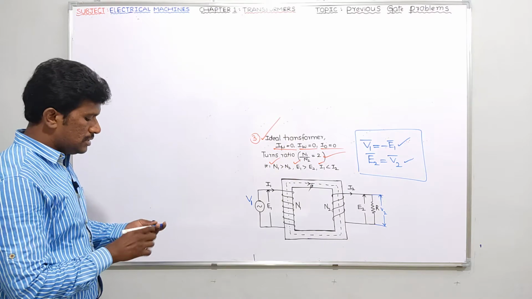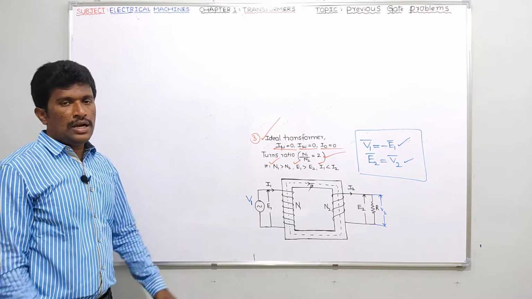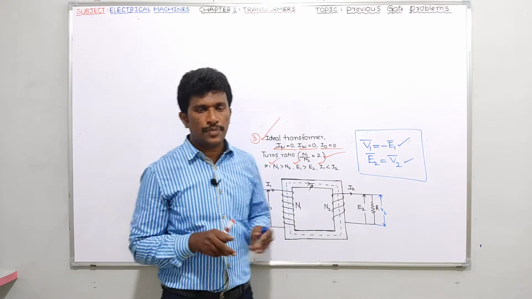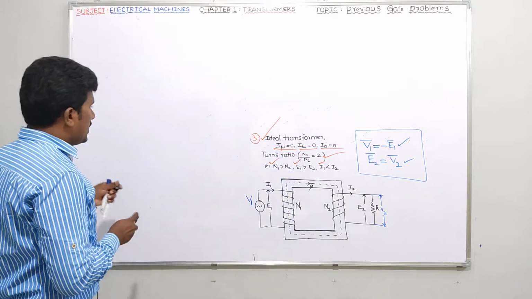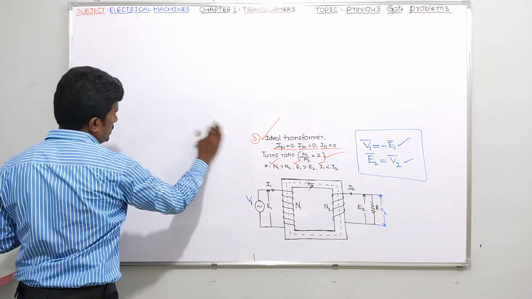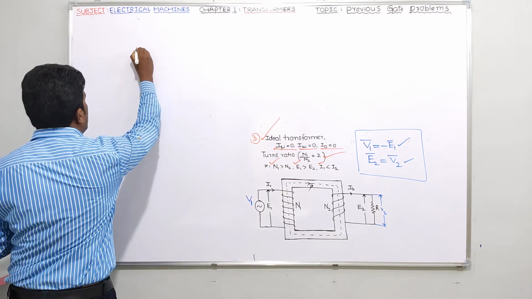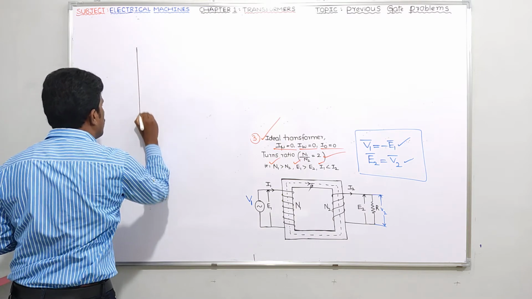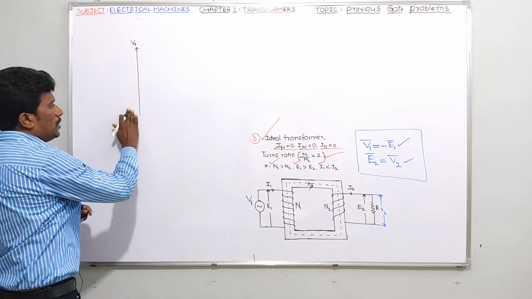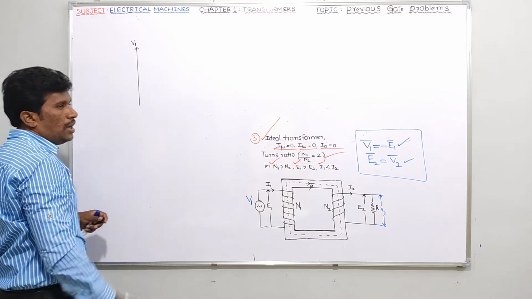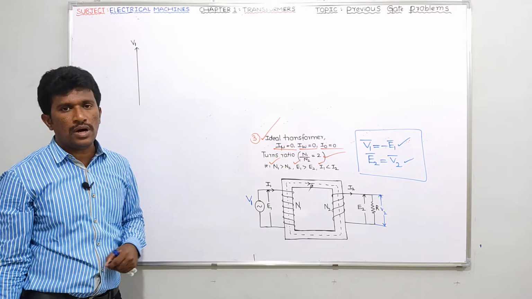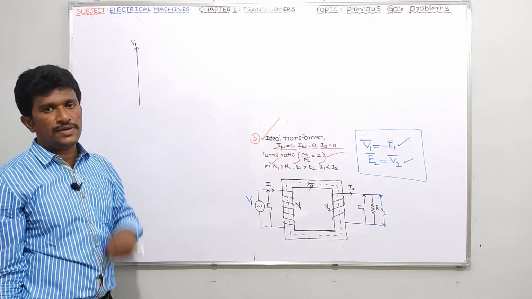Now let me draw the vector diagram and check whether the vector diagram we got is in your options or not. Already we explained vector diagrams. I request all of you to refer to that vector diagram topic, then come and solve this question. It will be easy for you. So let me take voltage source V1 as reference. I told you after connecting the voltage V1, after 90 degrees, I-mu will come into the picture. I-mu lags V1 by 90 degrees. This is already explained in the vector diagram.